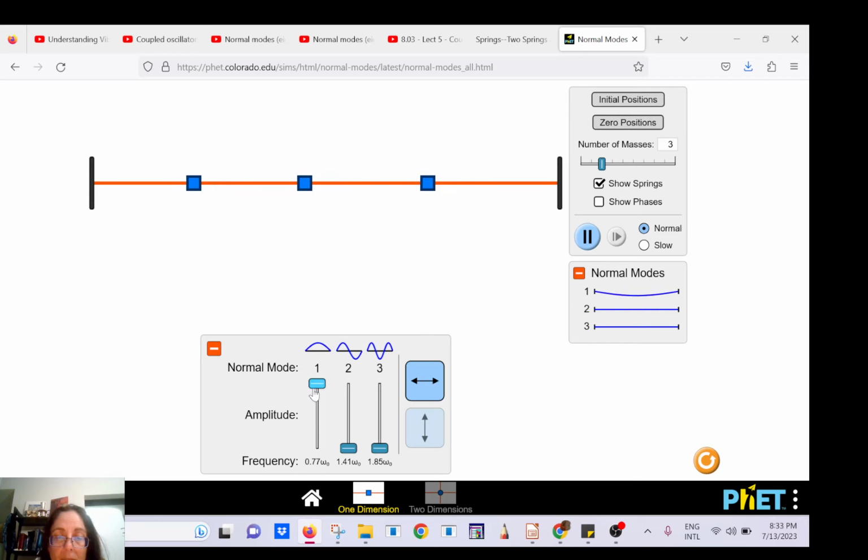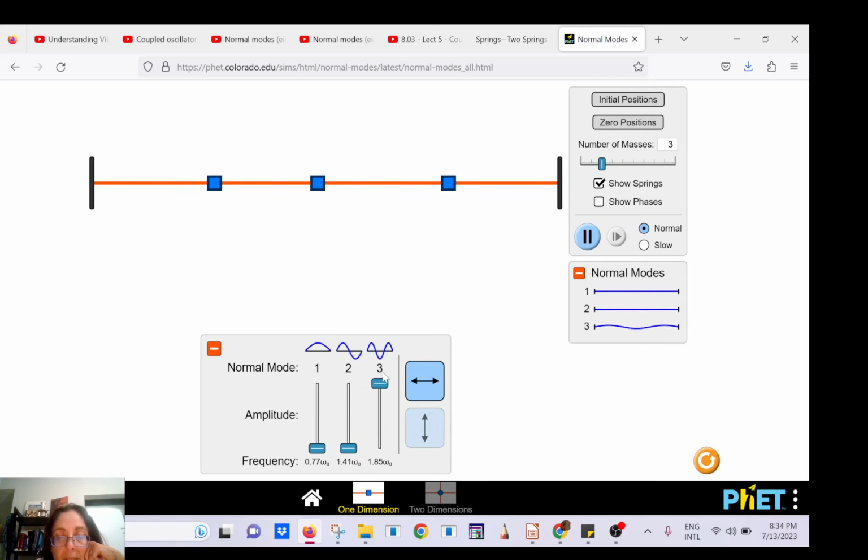And then this one will be the second mode. That's the one where this one is not moving, only those two are moving. Okay, so they are out of phase with each other, right? So one is 1, the other one is -1, and this one is 0. Okay, so I can have -1, 0, and 1. So this is called the node because it's not moving. And then you can have the third